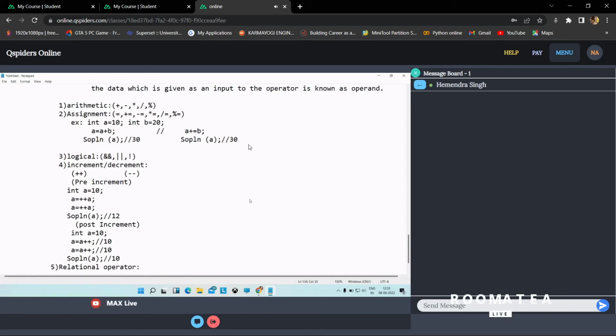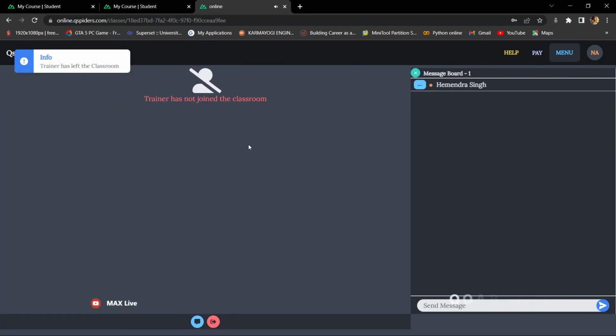Relational operator. So what are the relational operators, sir? First, what is this relational operator? Relational operators are used to represent the relation